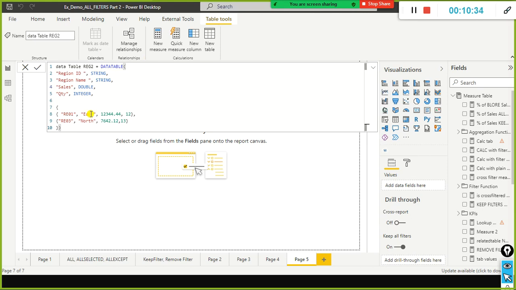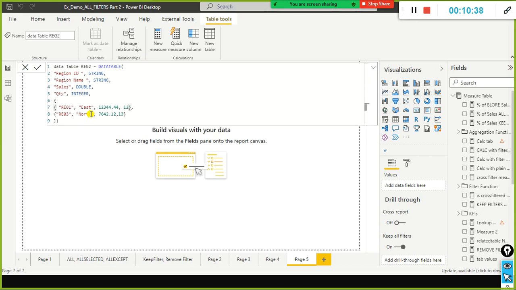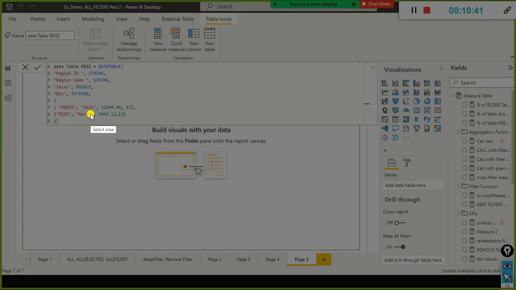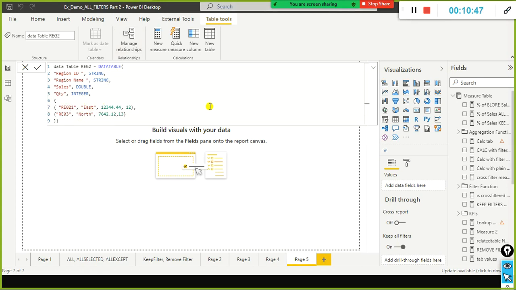Ideally here it should be like that. Okay. So I call this region 02, and I call this south region, because this is a different table altogether. So previously we created one, and this one is a different thing, and I say east or let's say west